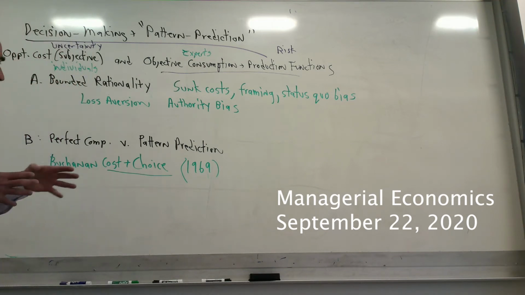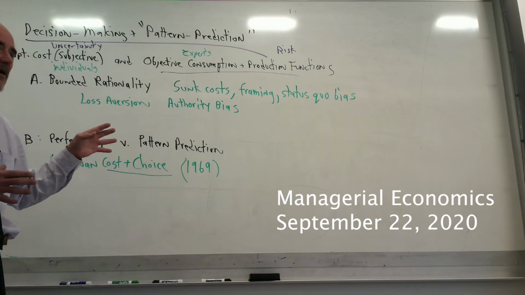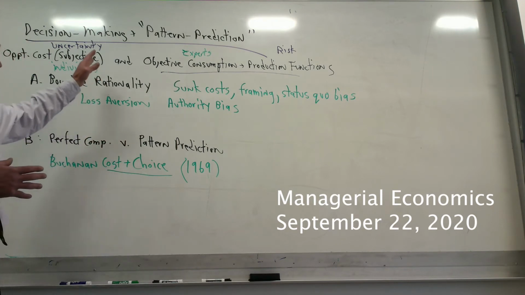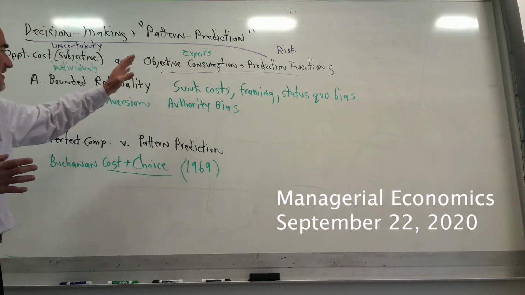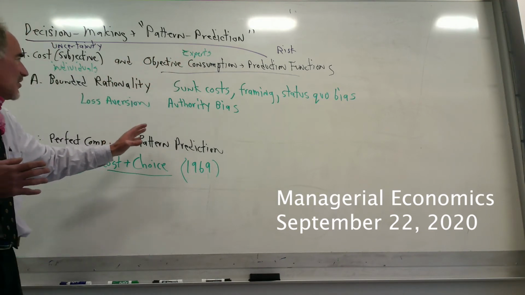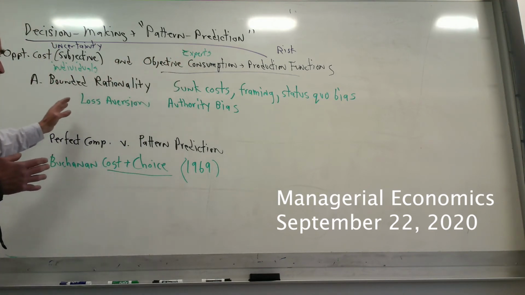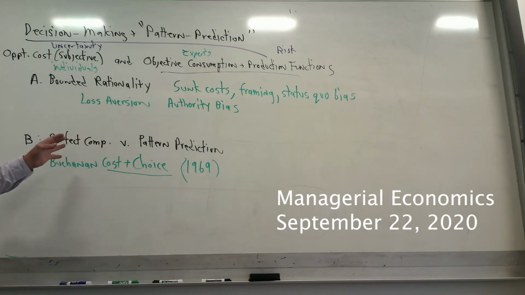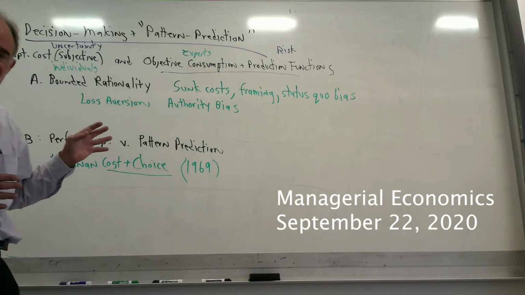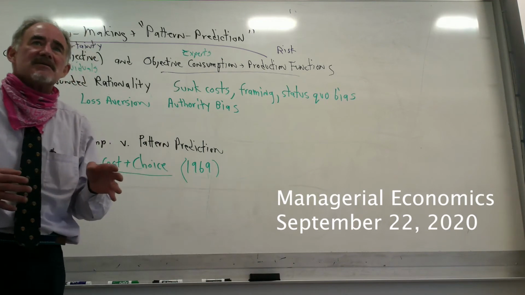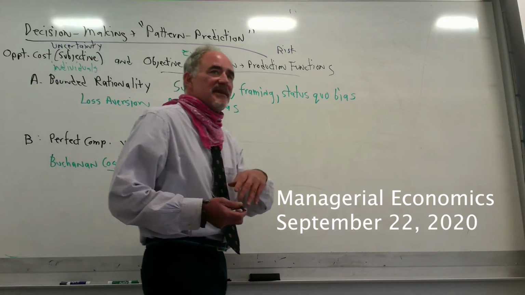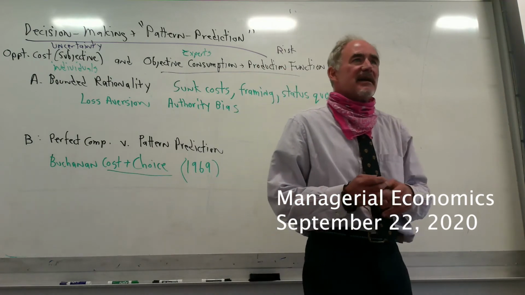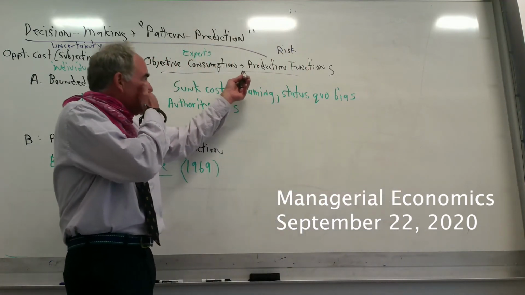So what Buchanan, another critique of the mainstream models is that you don't know with certainty the outcome versus perfect competition model. You don't know with certainty the outcome, not least because people are capricious. They don't know what they want really until they're in the act of choice. And these types of models can't explain